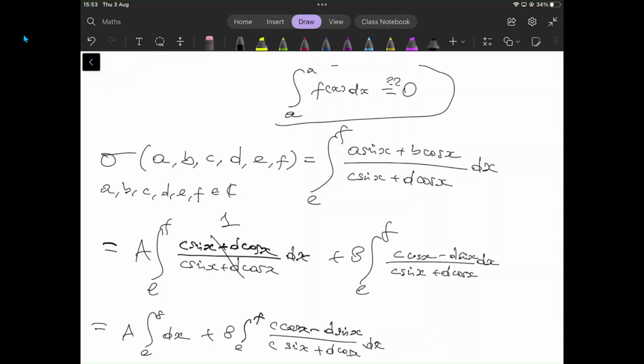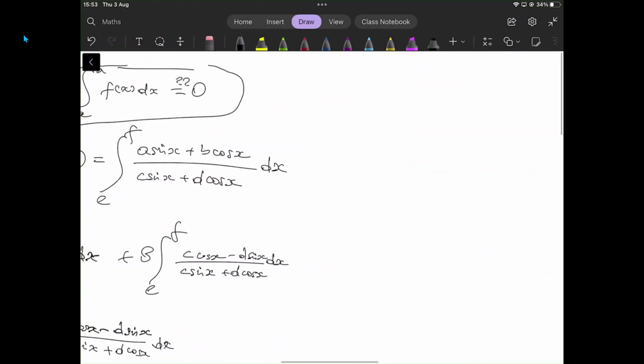If it is undefined, then we are not allowed to let e equal f. If it is defined as 0, then e and f can be the same. I don't mind if my function collapses to 0 for those bounds of integration. And of course, for those of you maybe starting out in calculus,